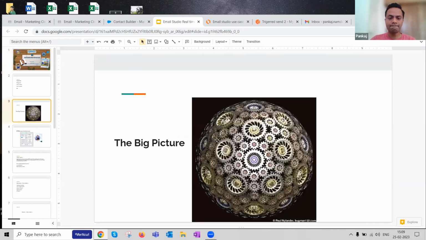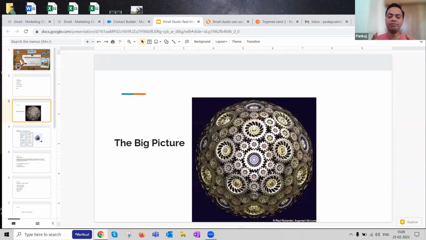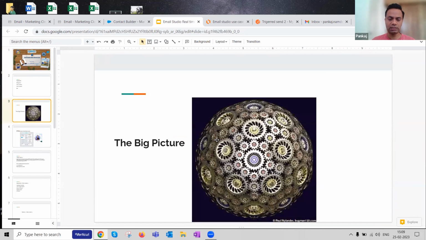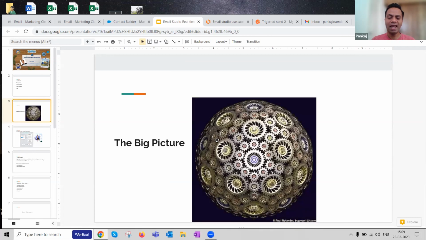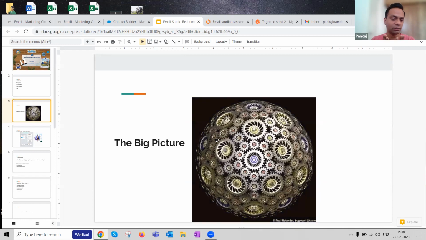As you can see, this is a small depiction of the big picture I wanted to talk about. Any enterprise is made of very small and big cogs. It's never made of one single SFMC, Marketing Cloud, or for that sake, CRM. Smaller organizations may do that, but I'm talking about enterprise organizations. An enterprise organization is built of these small systems which work in tandem, and that's how the whole system works. So it's never a case of one system working, however we tend to look at it that way.